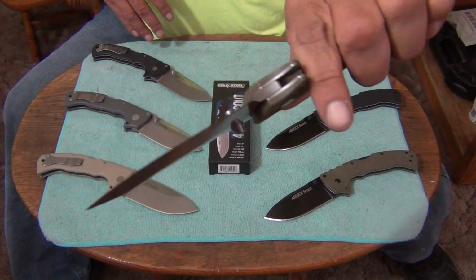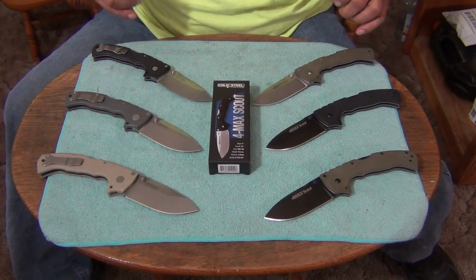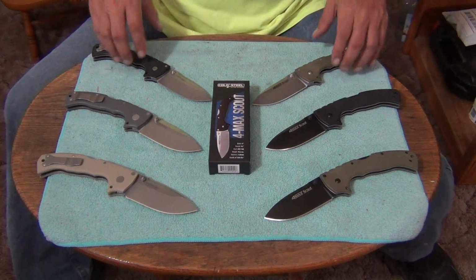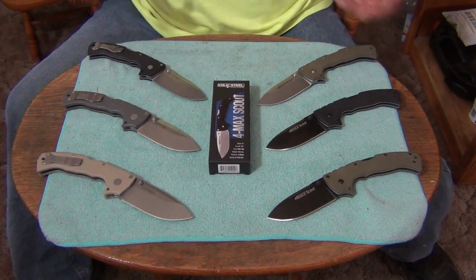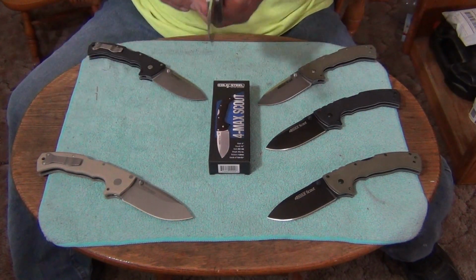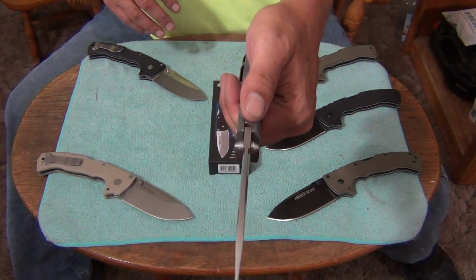These are super strong folders. Super, super strong. Maybe the strongest folder ever made. I don't know. I think it's a very super strong folder. You got the triad lock, and everything's extra heavy duty. Because one thing Andrew Demko, I heard him say one time in a video, he said, what makes the triad lock so strong, how you make it stronger, is that you have to have a thick